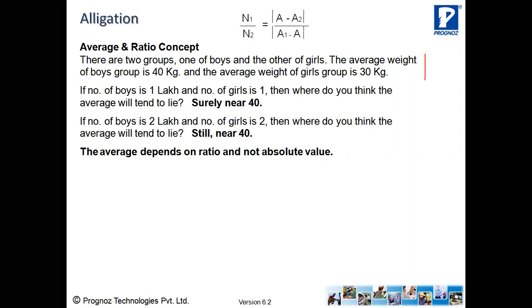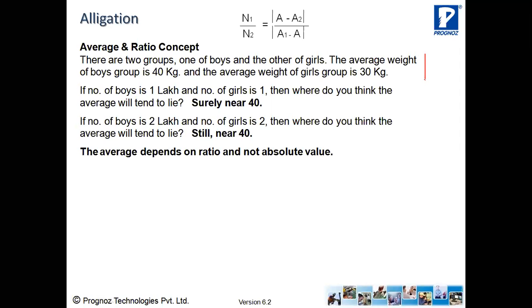तो एवरेज किस तरफ टेंड करेगा? There are 1 lakh boys and only 1 girl. तो एवरेज लड़कों के एवरेज की तरफ जाएगा या लड़की के एवरेज की तरफ जाएगा? लड़कों के. वेरी गुड. 1 लाख है. अगर मैं 2 लाख कर देता हूं लड़के और 2 लड़की, तब भी ये लड़कों की तरफ जाएगा।